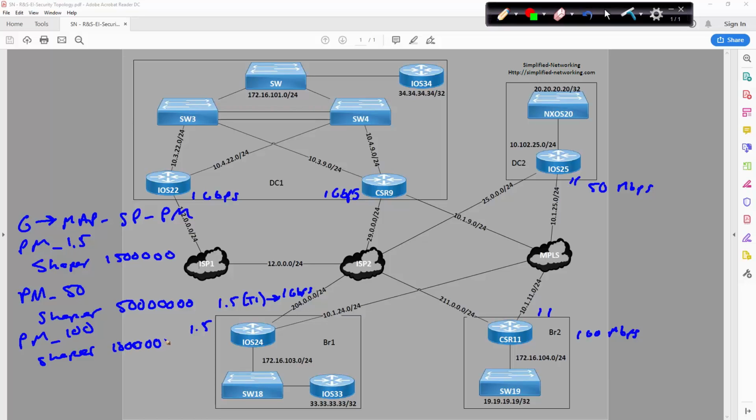Trying to count my zeros here. 1, 2, 3, 4, 5, 6, 7. So that would be 1,000, 10 meg, one more. There we go. So now we have our